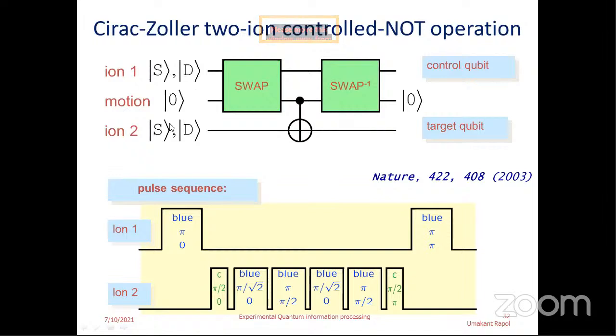So ion 1, ion 2, you do a swap on ion 1 with the motional mode with the blue pi pulse here, and then you do this particular operation here. Basically, you do a 2 pi rotation on the Bloch sphere and get a minus sign on this particular state, and then you swap the motional mode back onto 0. Now, this is a basic C0 gate demonstration. So after the final blue pi pulse, this state just goes back.